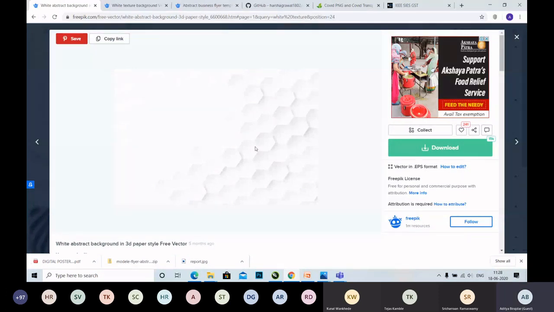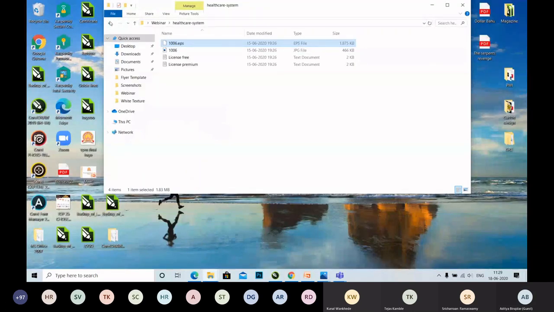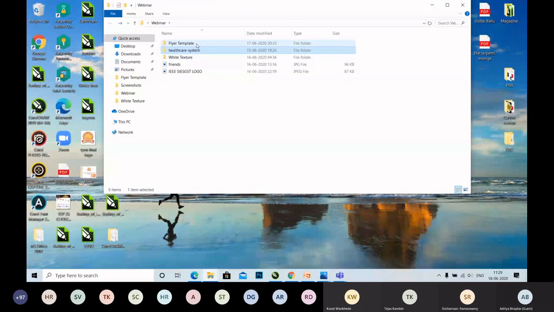As you can see here, we created one honeybee structure over here. You can create this background on your own. Now look at this image over here and see, do we really need to delete something from this, or are we going to keep it the same? Like we saw for the EPS file, they had a white background and the text over here. Here, this is a clean background, so we can use it as it is.